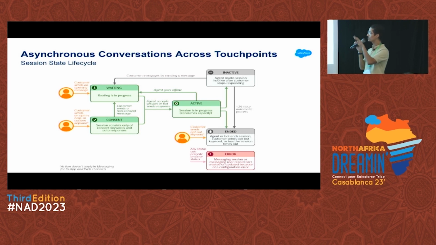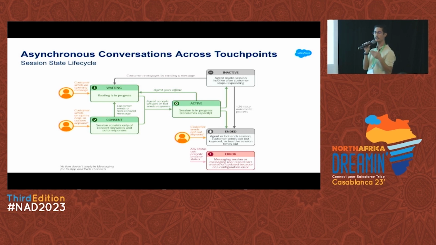Now, during the chat, if at some point the customer is inactive, the configuration allows you to set the conversation into an inactive mode after a certain amount of minutes, let's say 5 minutes. If the customer does not respond, or the session did not go into an inactive state, the agent also can mark the session as inactive. Once it has been marked as inactive, the capacity of the agent will decrease, and then he should be able to pick other things. But this does not mean that the session has ended